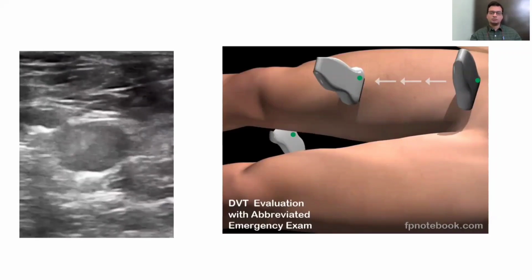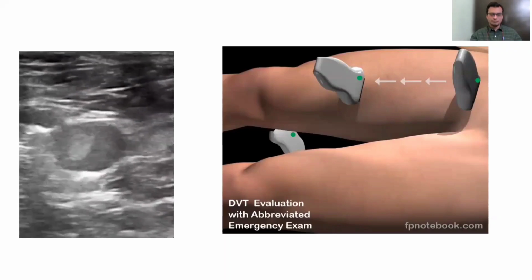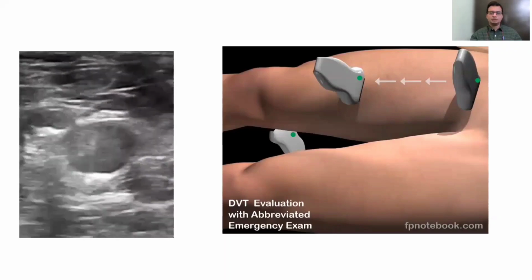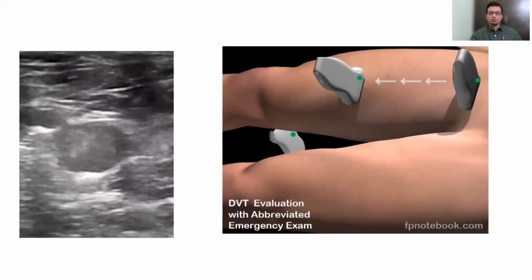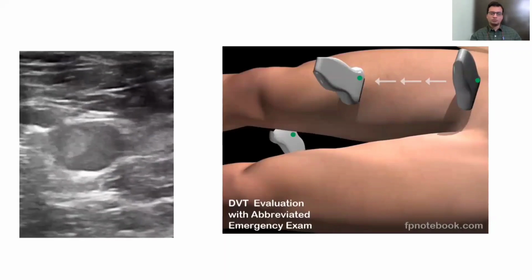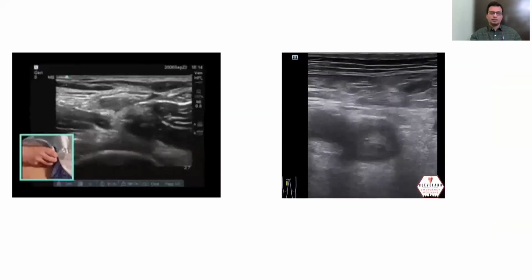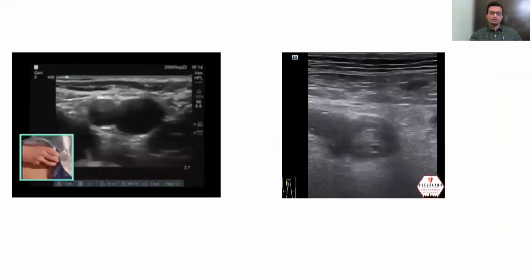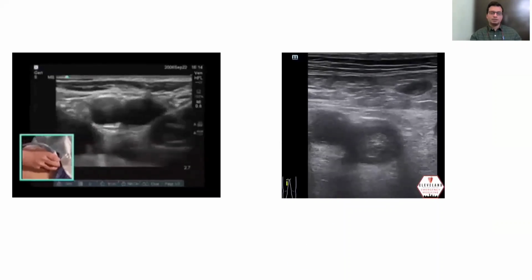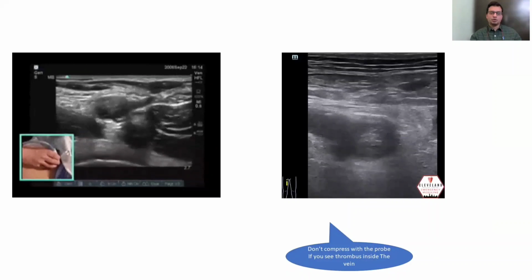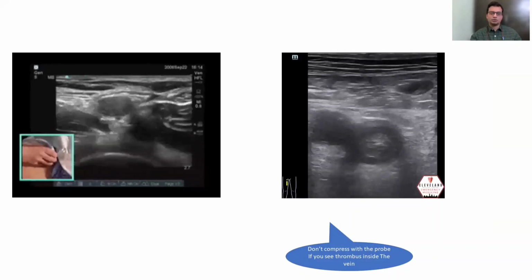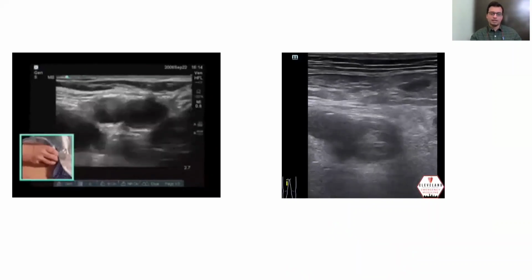The lung ultrasound is performed to see the presence of lung sliding, and DVT screening will be done to rule out deep venous thrombus in the common femoral vein or popliteal vein using a linear high frequency probe. But if you see a thrombus like this in this image on the right side, then definitely you should not compress, because it can dislodge the thrombus and cause pulmonary embolism even if the patient doesn't have that.